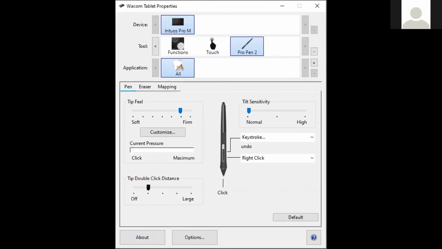This is how you can assign this for all applications also. I will show you right now. Wait.